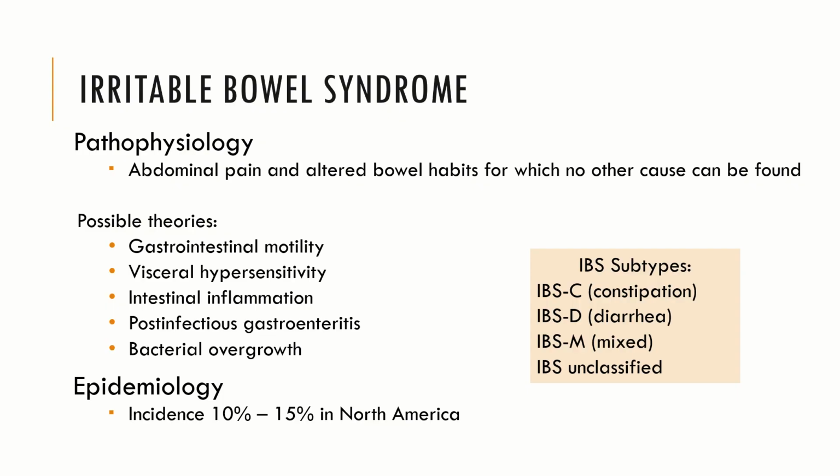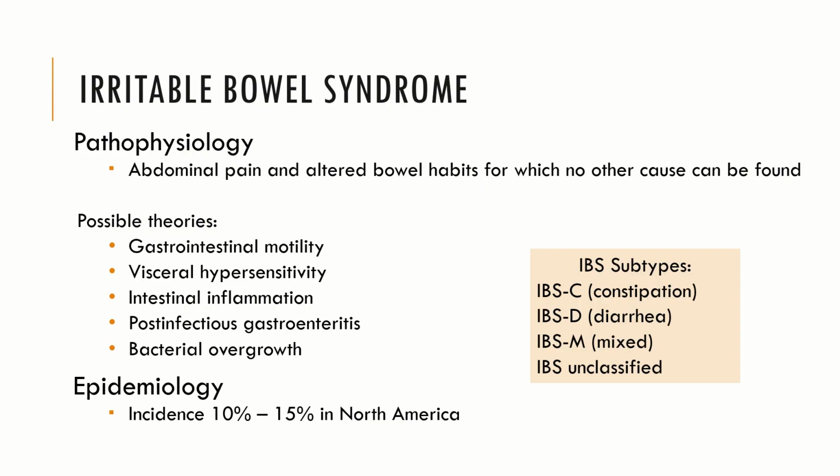There are different types, which you are going to need to know. We have IBS-C, which is a constipation type. We have IBS-D, which is a diarrhea type. IBS-M is mixed, so sometimes they have constipation and sometimes they go through periods of diarrhea. And then we also have IBS unclassified. It's really important, if you present with a patient like this, to determine what type of IBS they are dealing with if they do have that diagnosis, because it definitely is going to affect